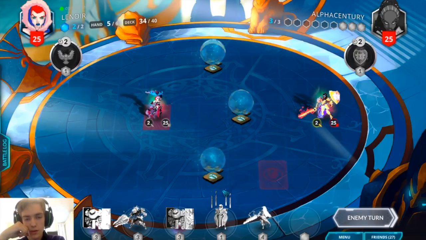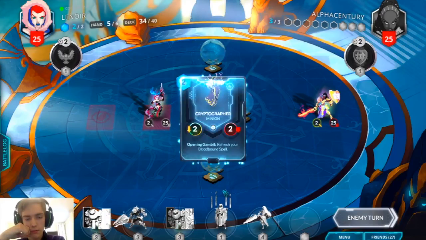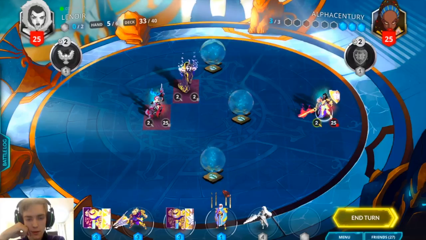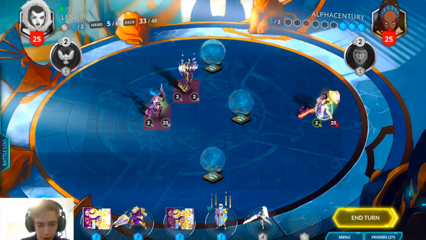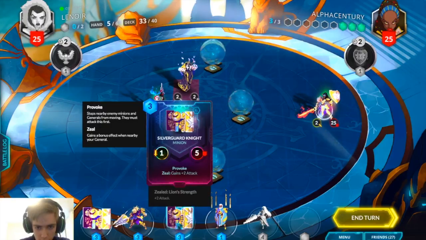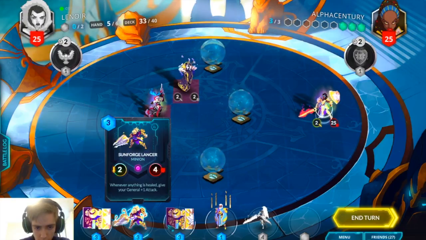What's this? Crypto? Yep. We can deny Thunderhorn. We can deny the mana. And I think we will. That means we're not going to get...